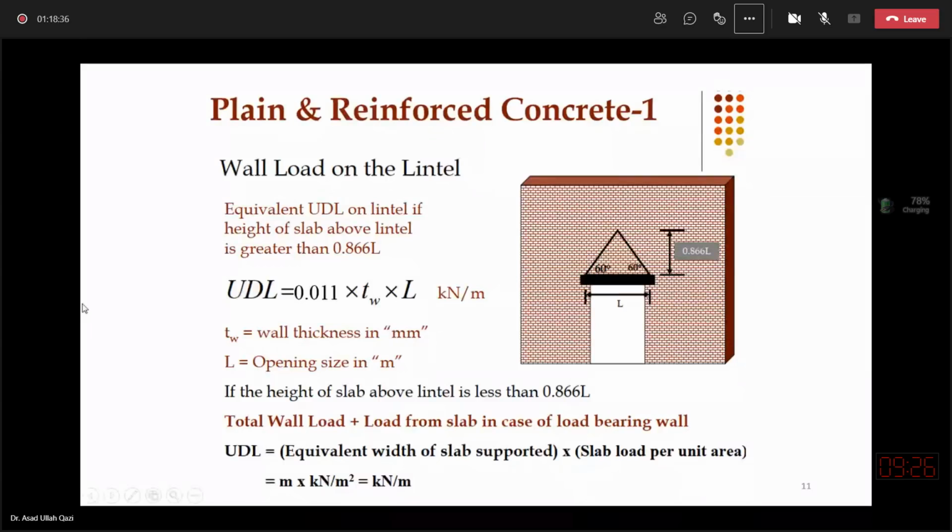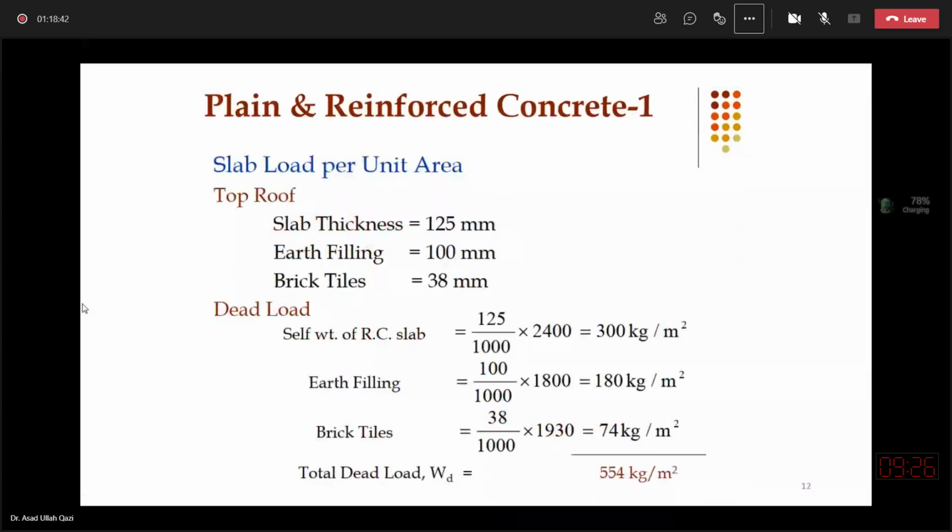Now, what I have explained in the first 8 or 9 slides is reviewed here from slide number 12 onward on some